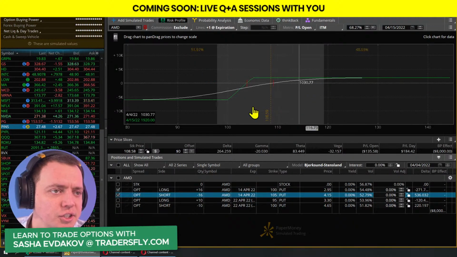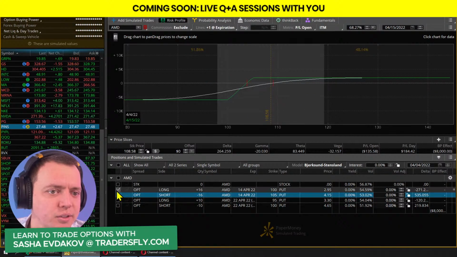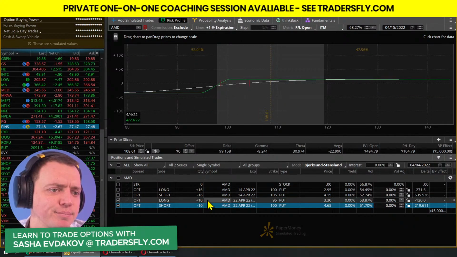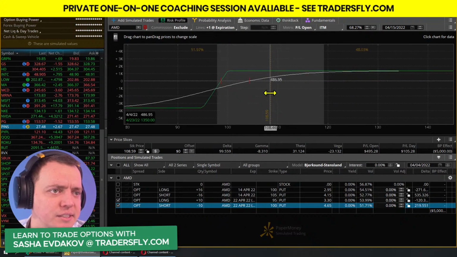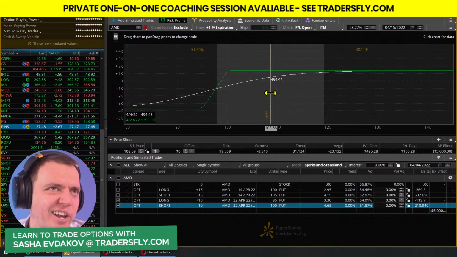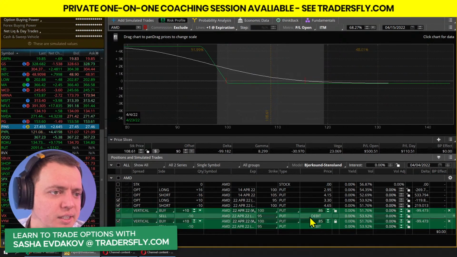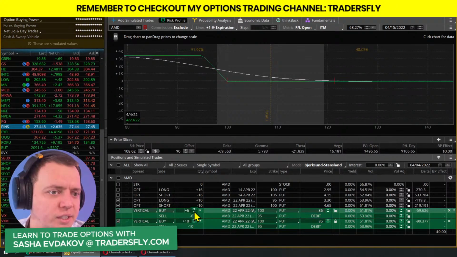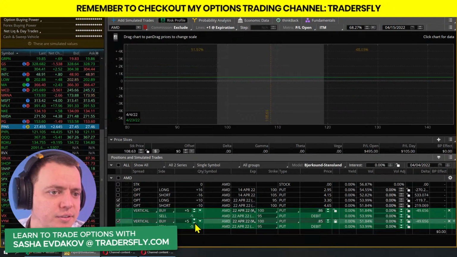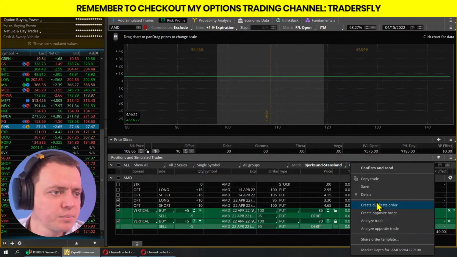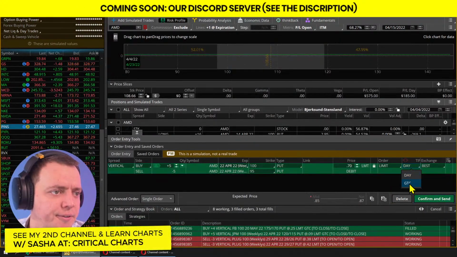AMD's been acting a little sluggish right here. Took some profits because this one had 20 contracts before. But here, this one's moving well, so I'll take off half the profits here. This is 490, so this will take off half right now. And then while I'm doing this, why don't I set another alert for the rest of the half? So we'll do half here, and then we'll take off the other half as well for like 70 cents. So that'll give me a good position here. Okay, good till cancel.